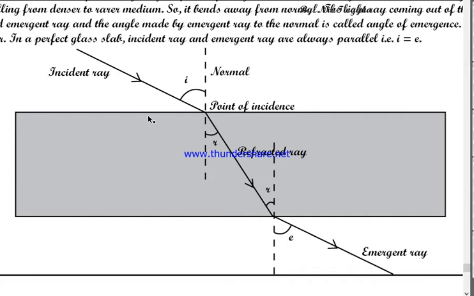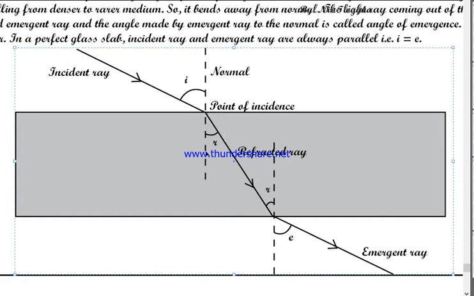Now the point on the surface of the glass slab at which the incident ray strikes is known as the point of incidence, and at that point of incidence you can always draw an imaginary line which is perpendicular to the surface of glass. So when a light ray travels from air to glass, that means rarer medium to denser medium,